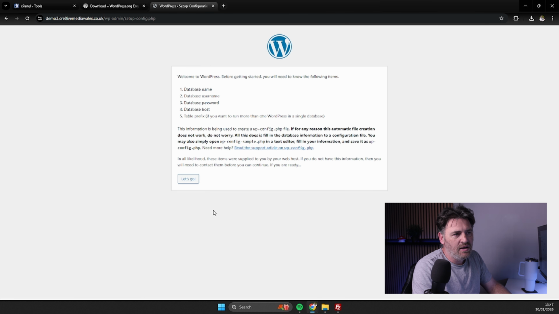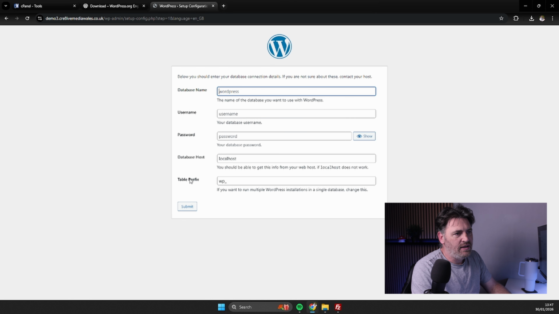We're then presented with this. So let's get going. Obviously, there's a couple of things we need to set up first: database name, username, password, database host. So here, let's go. There we are. Okay, so we need to start filling in all of this sort of stuff. So what we need to make sure is that we've got a database set up and that we have full